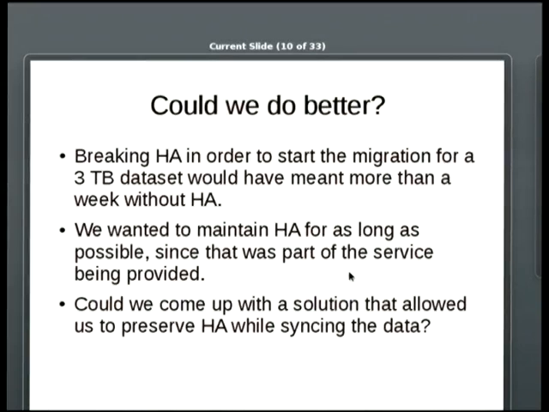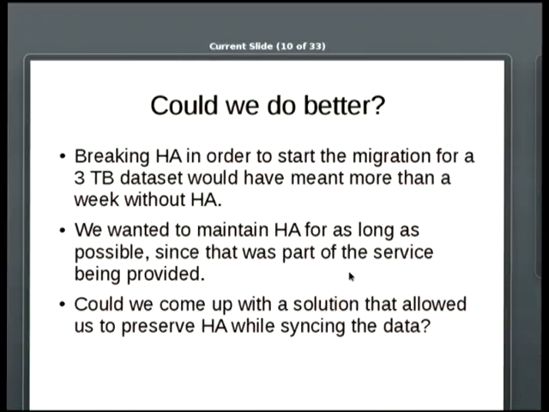If we'd broken the HA link in order to start the replication in that manner, we would have gone more than a week without HA once you add up the initial data sync to the new cluster, doing testing to make sure that things aren't going to explode when you actually cut over. And then once you have cut over, you then need to do an initial sync to the standby node